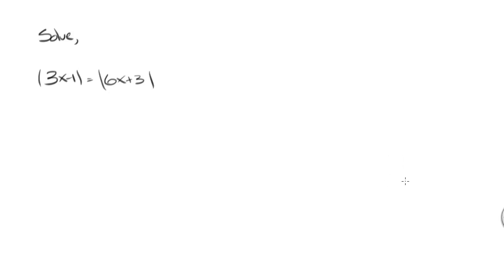All right, we're asked to solve this absolute value equation: the absolute value of 3x minus 1 equals the absolute value of 6x plus 3. I want to take a quick minute and talk about this and why there's absolute values on both sides of